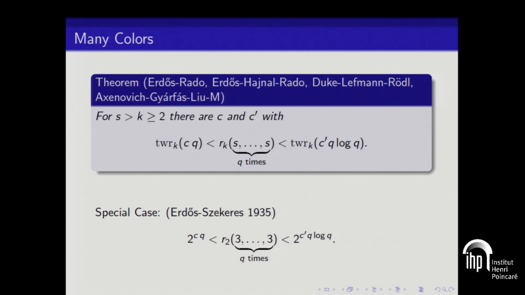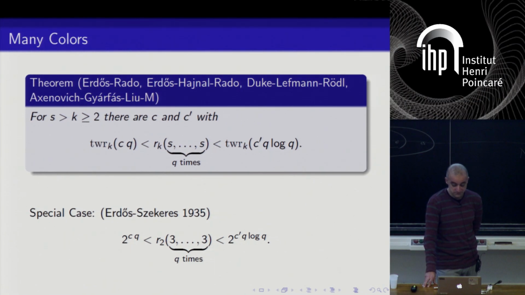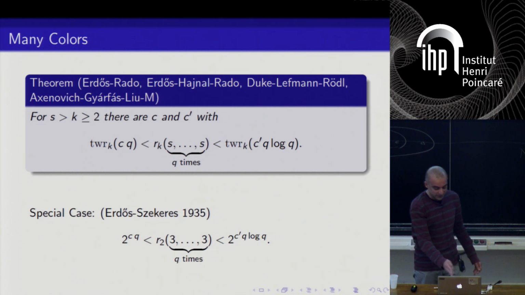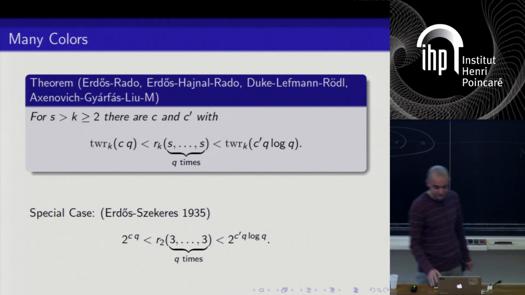This is a very hard question, I think. The smallest special case goes back to the first paper on these bounds, a famous paper of Erdős and Szekeres, and it's about the question of what is the Ramsey number R(3,3,3,...,3) with q threes. There's an upper bound of q factorial, a lower bound exponential in q, and there have been improvements on the constants over the years, but this is a major open question. At some point I'll say something reduces to Ramsey numbers for multicolorings, which is hopeless. I'll be referring to this problem here.